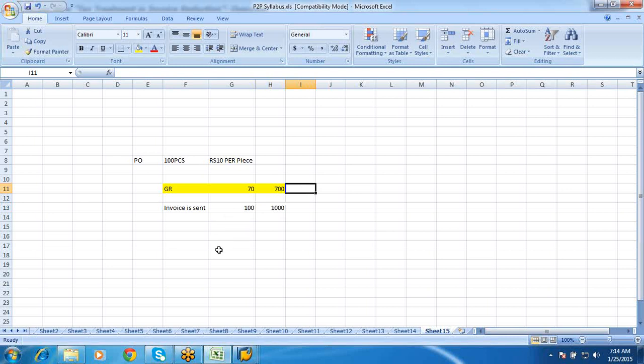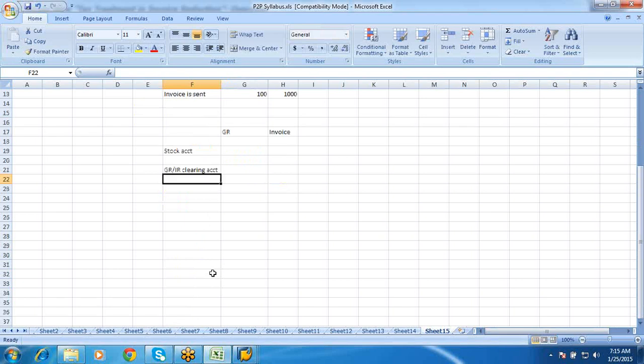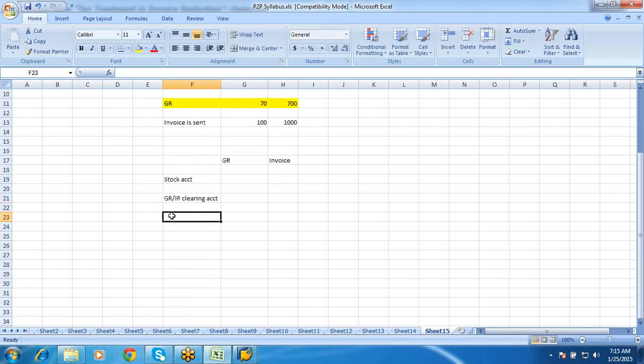Now if I take up the accounting movements in the system, your GR and your invoice, these are the two processes. You have your stock account, then your GR IR clearing account, and then your vendor account.